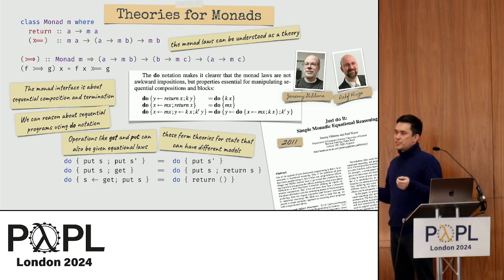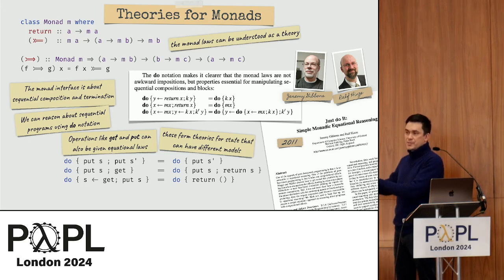But maybe you want it to be a function from input to output, but that also records the number of times something was put. So that could be some extra data that exists on the side. It still satisfies the laws, but it's not the,